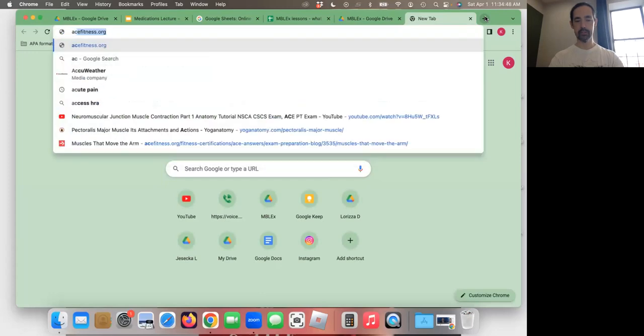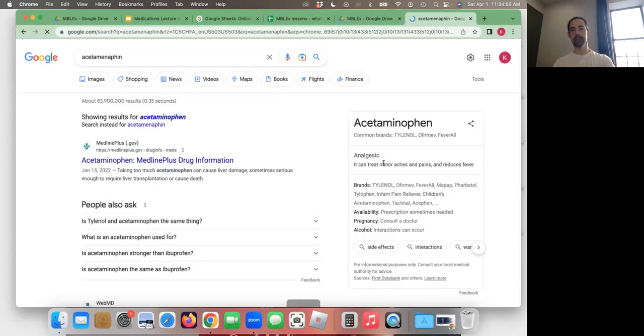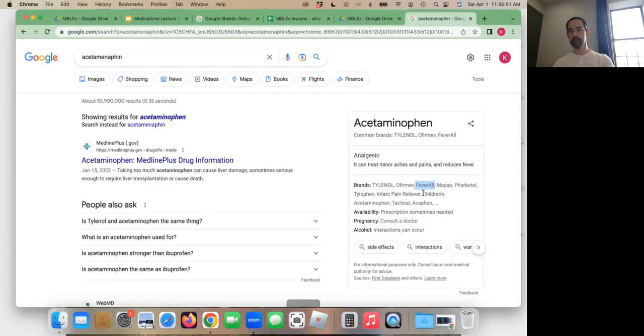and let me just get you a definition. Acetaminophen. Okay, acetaminophen. Some of the brand names include Tylenol, Feverall. Acetaminophen is kind of a brand name,